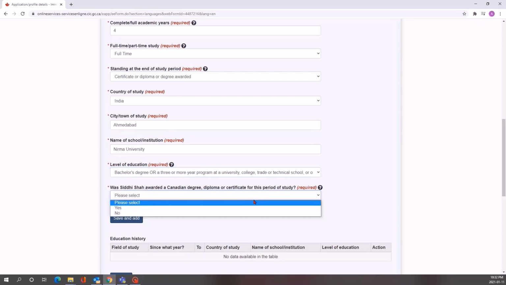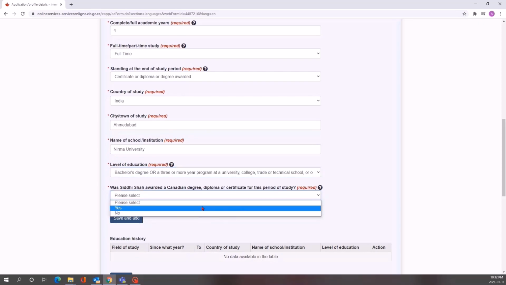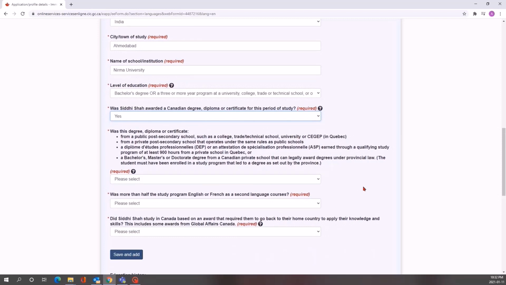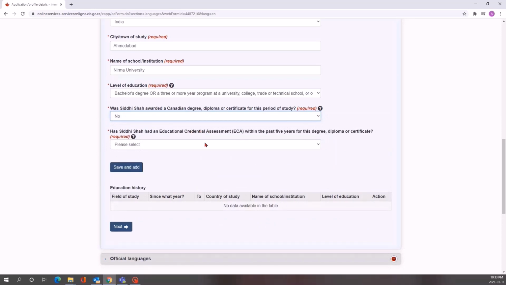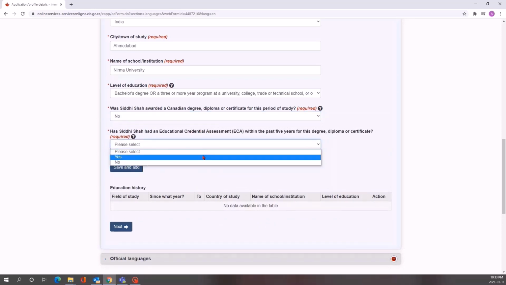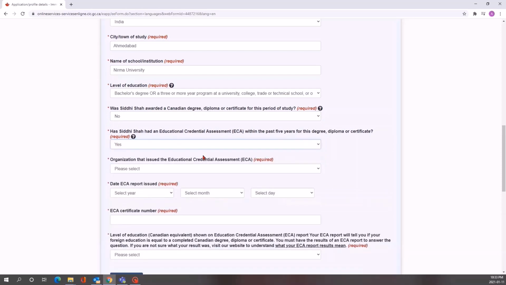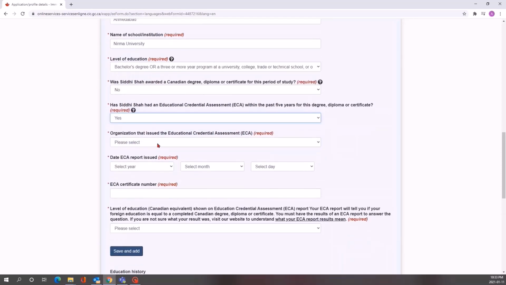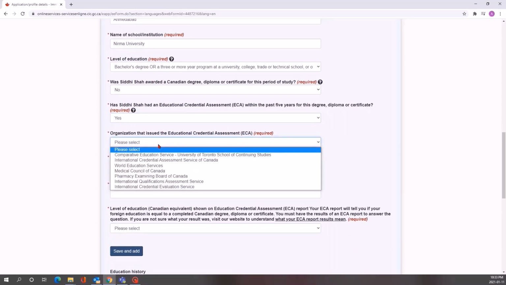Now here, if your spouse has done a degree, diploma or certificate from Canada, you can select yes, and if they have not done anything from Canada, you have to select no. My wife did not do anything from Canada, so I have to select no. Now if you have done your spouse's ECA, select yes.